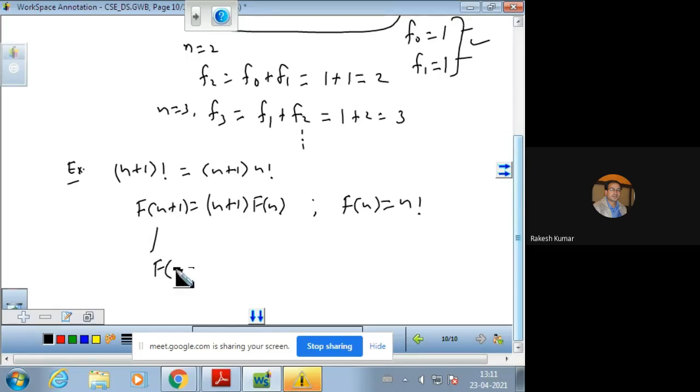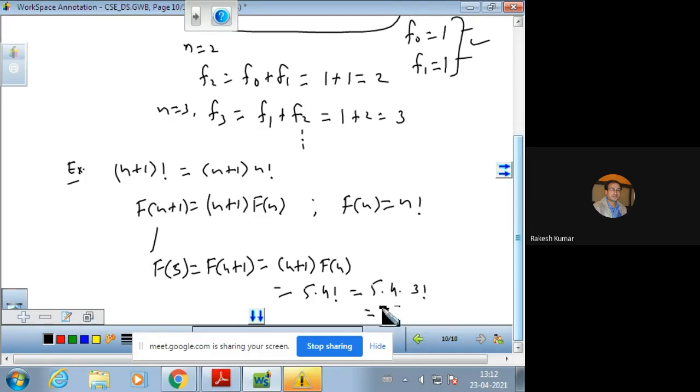For computing f5, we need to put n equal to 4 here. So for n equal to 4, you will have 4 plus 1 times f(4). So that is 5 into 4 factorial. Further we will have 5 into 4 into 3 factorial, and 5 into 4 into 3 into 2 factorial,